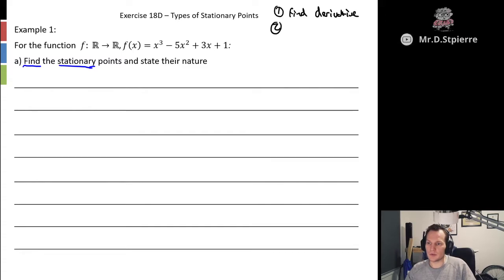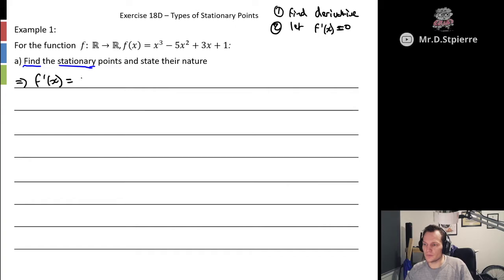And then step 2, we need to let f dash of x equal to 0, because the stationary points occur when the gradient is equal to 0. So let's do that. It follows on, looking at f of x, it follows on that f dash of x